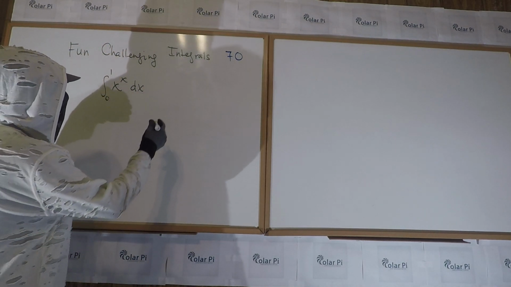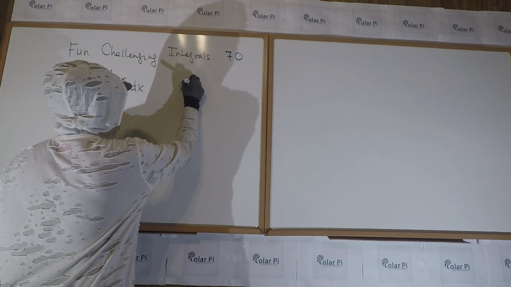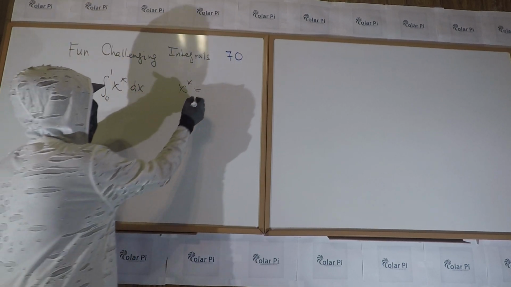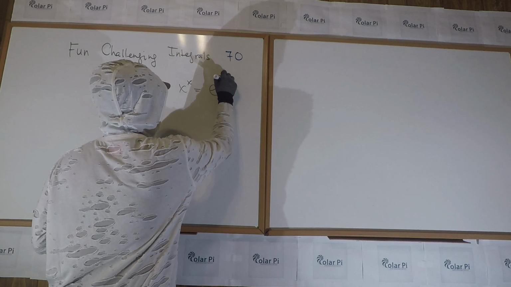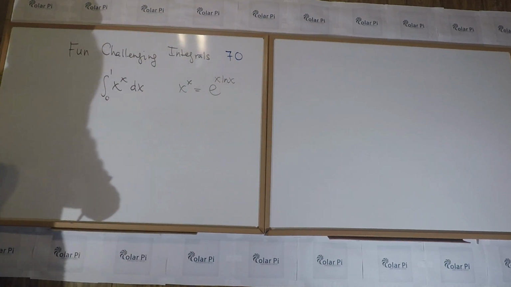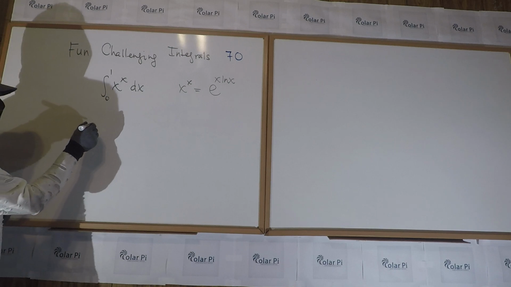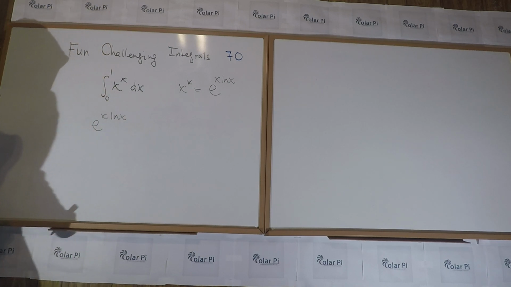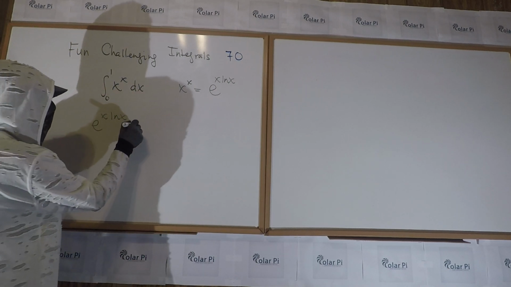So to start, for example, we have the same start of writing x to the x as e to the x times ln of x. And then, just as we did before, we're going to use a series expansion for e, and so this here is equal to,